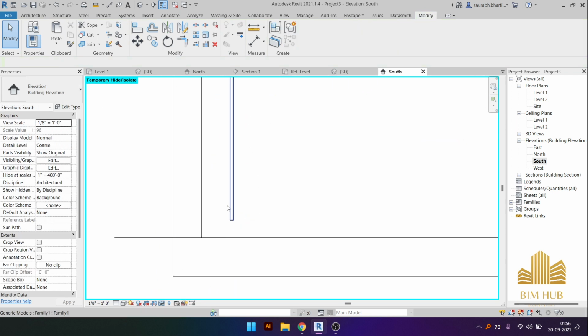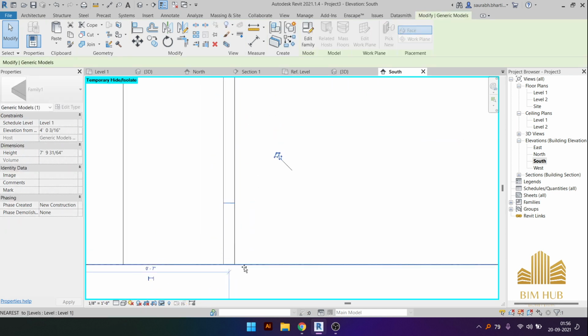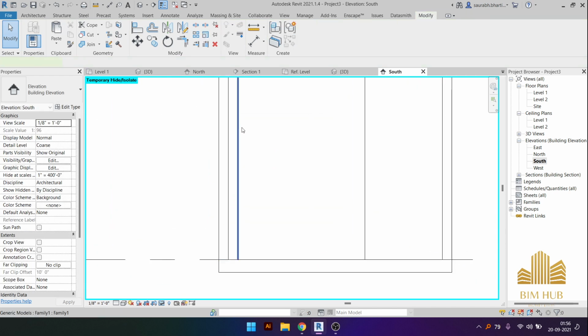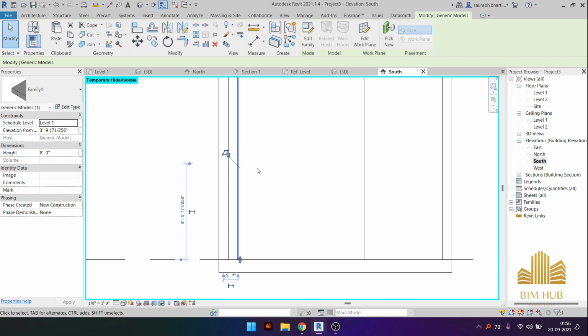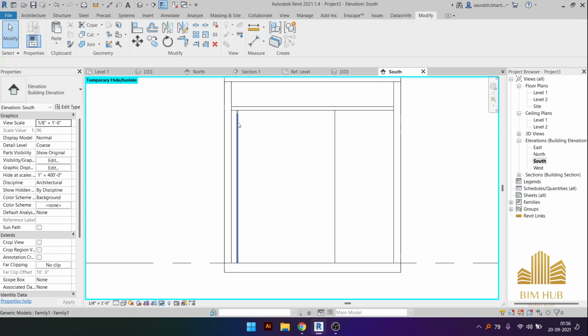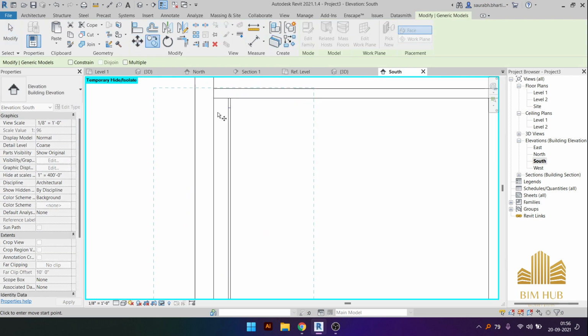So this is how it looks. And in case you want to reduce the size of this void, you can always go to edit family and reduce or increase the size of this void. So now let me make some copy of it. So to make a copy of it, what you can do is, you can either select it and copy it like this,